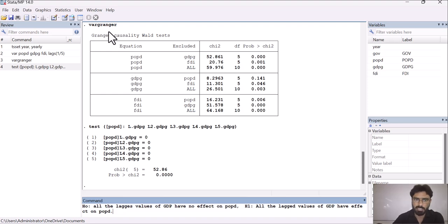One is the Granger causality test method and the other one is this test of linearity. The difference between these two tests is that this method tells us the combined results of all models, but in this case you have to check individually each variable's effect on the dependent variable. Now let's talk about the diagnostic testing of the VAR model, which we will discuss in our next video.